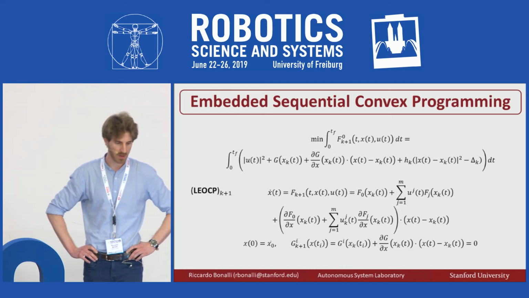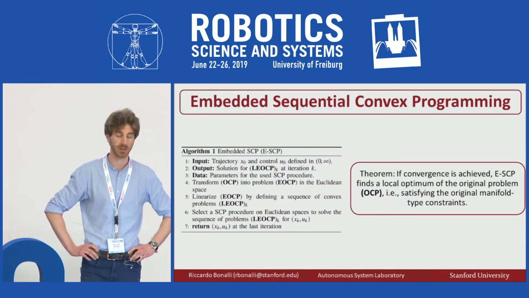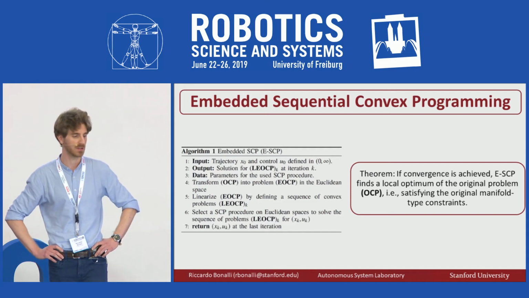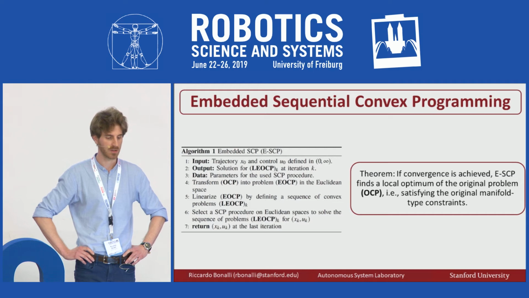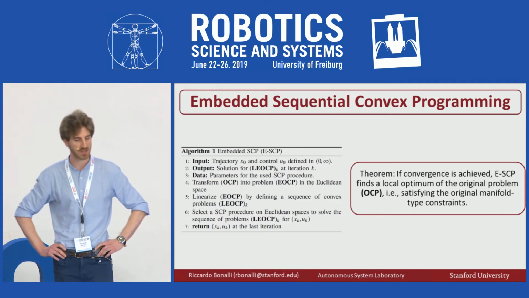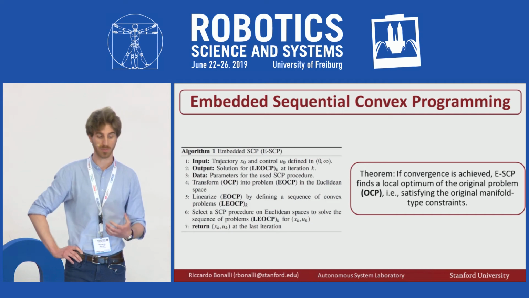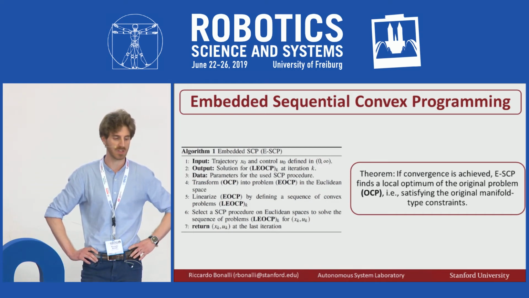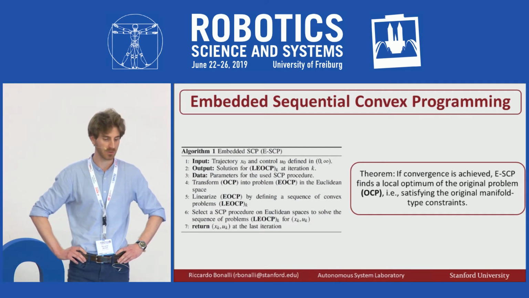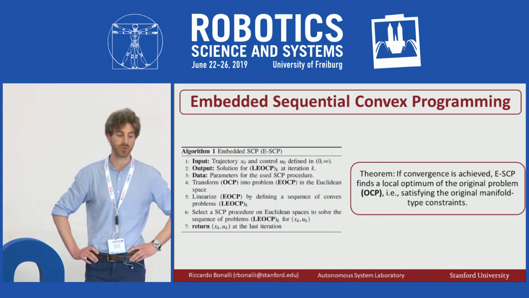All these steps can be summarized in the following algorithm called embedded sequential convex programming. Our main theoretical result states that ESCP converges to a local geometric optimum of the original problem. That is, it finds a point that satisfies the original manifold-type constraints and, moreover, the condition of optimality in a general,